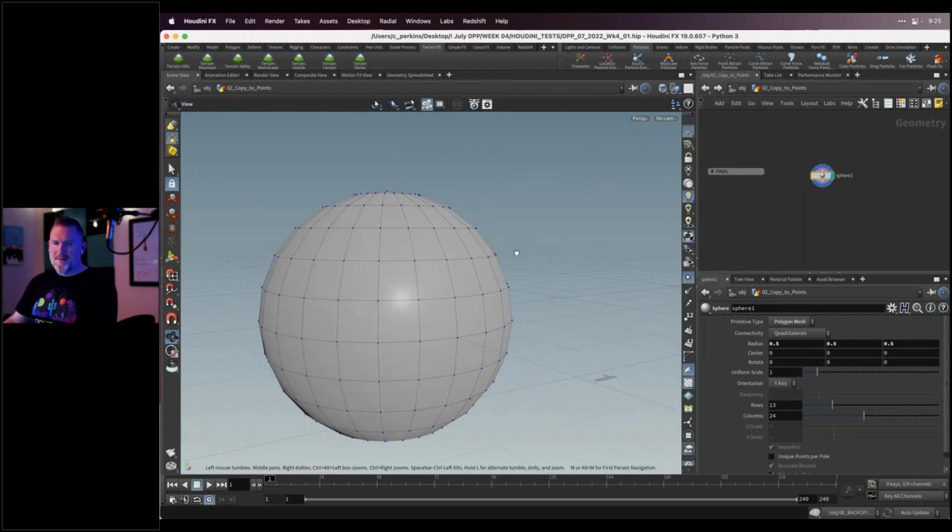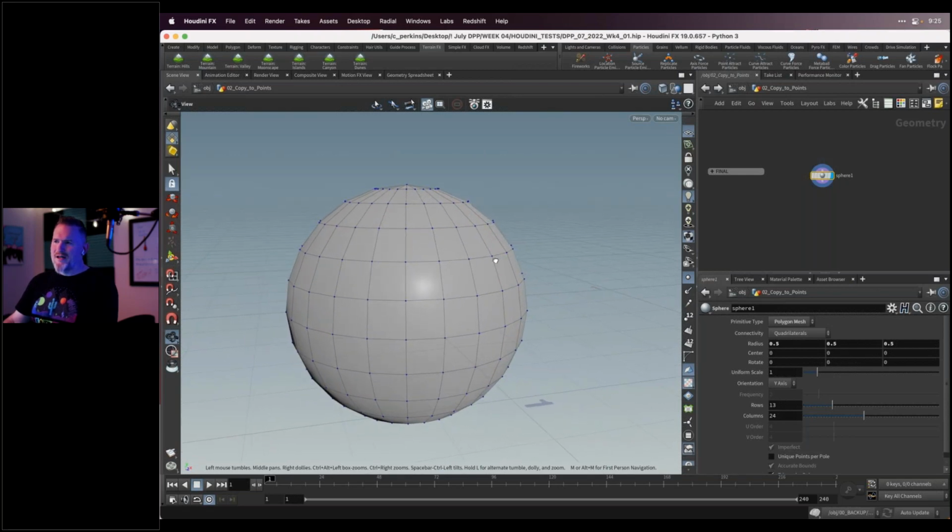This is the thing that's intimidating about Houdini, because at every other DCC, you have vertices, you have edges, and you have polygons. I mean, that's just standard across the board. But in Houdini, we do have edges, kind of, but they're second-class citizens. And we do have polygons. They're called primitives. They are also second-class citizens. Really, what Houdini is concerned with is points. And there also are vertices, but the vertices in Houdini are not the vertices that you're thinking of. So these points are not vertices. These points are called points in Houdini.